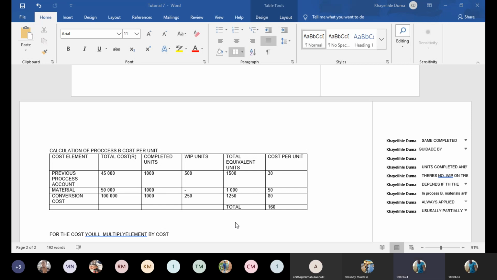Yes, Amanda, I'm still on the same question, but I'm not talking about the answer to the question. I'm just talking about different scenarios that can be there. I'm not answering the question. We are done answering the question. You answer it in the form of the table. I'm talking about scenarios that can come. I was saying that if there was a work in process opening balance, you're going to start with it. But then there was not. So you will start with the previous one.